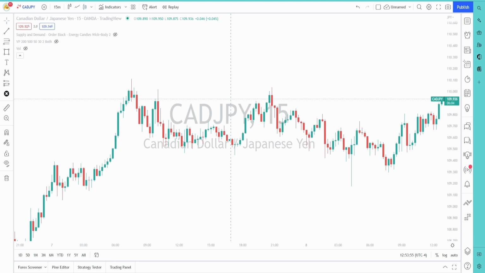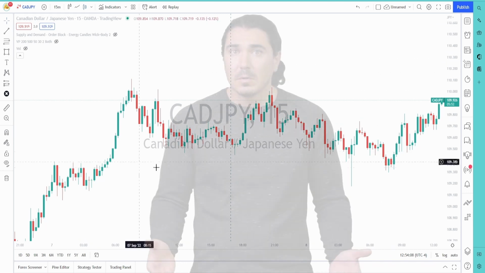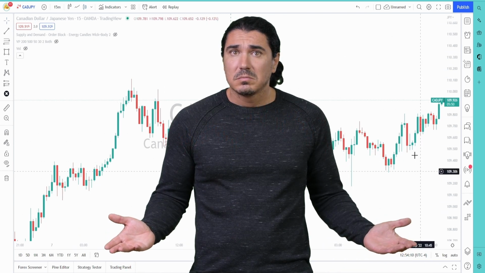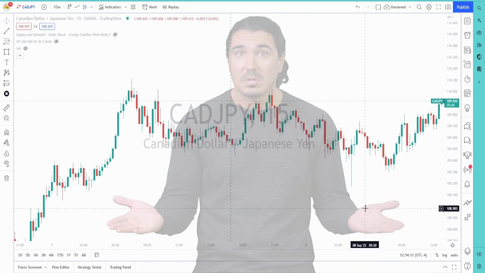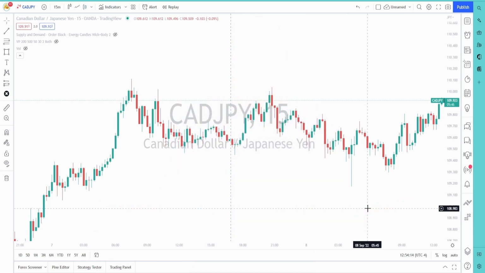So when we're looking at the chart and we're trying to identify areas where there can be a potential trading opportunity. Now, when you're looking at this, you might not see anything, maybe because you don't have an indicator on the chart. It just looks like a big mess. Now,